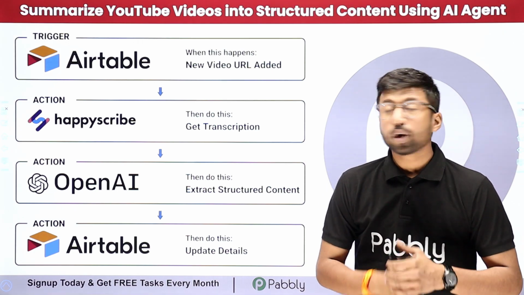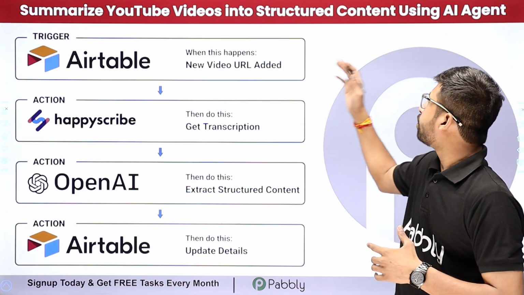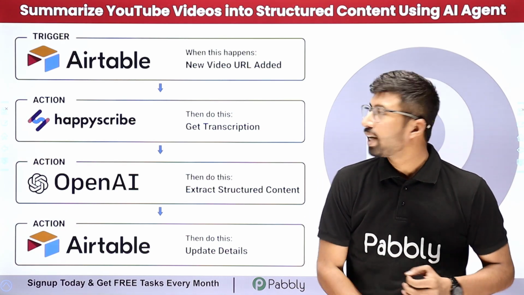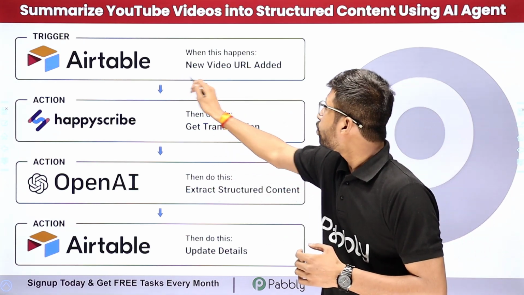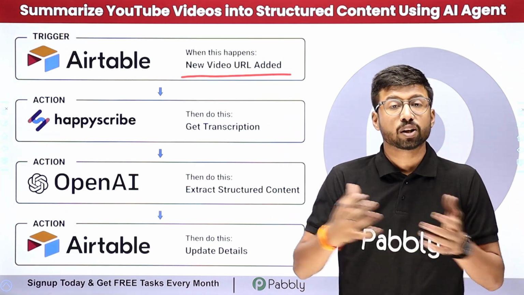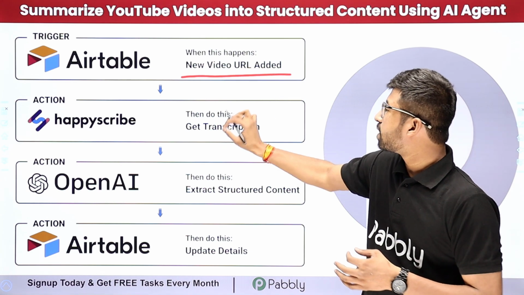So in this video, we are going to learn how to summarize YouTube videos into structured content using an AI agent. We are going to build an AI agent which will first capture the new YouTube video links which we are adding in Airtable. After getting the video link, the video URL, this AI agent will send the same URL